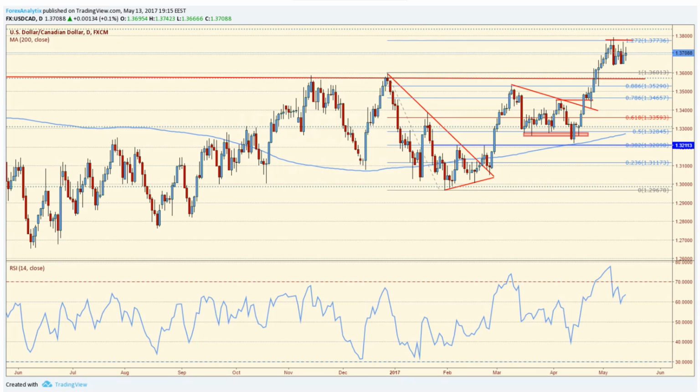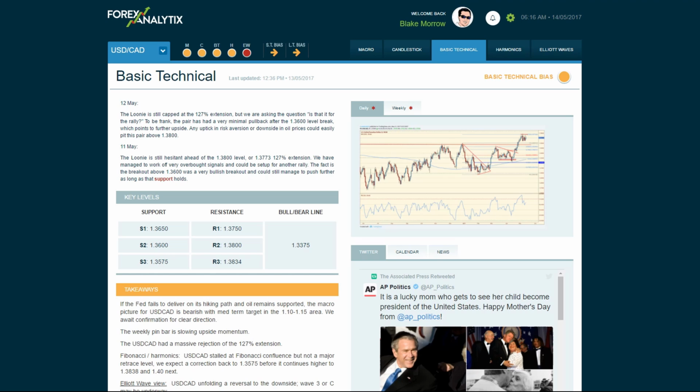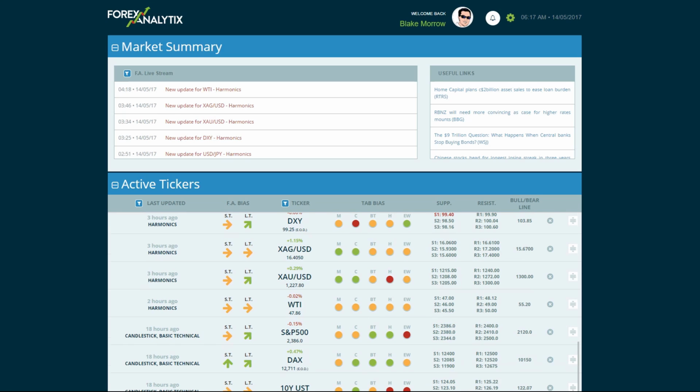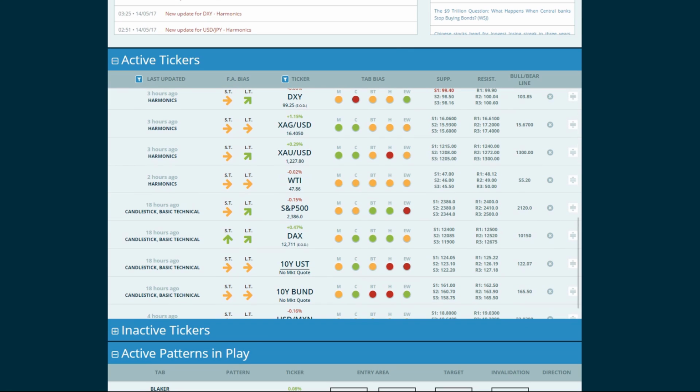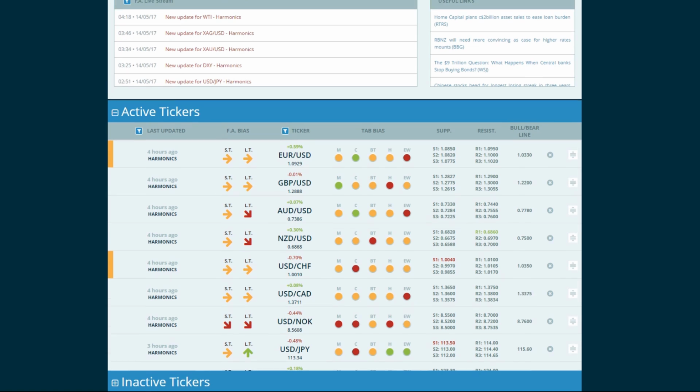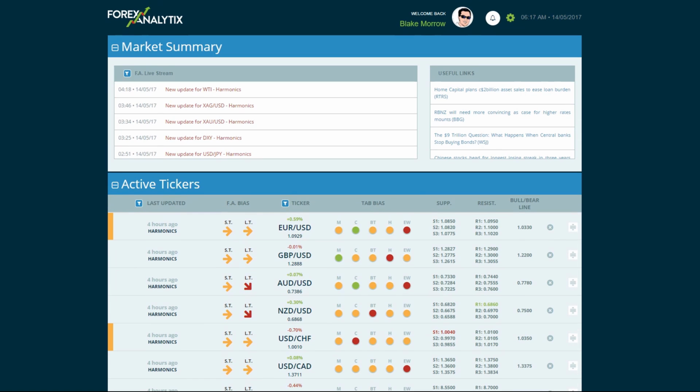So to wrap things up, let's focus on this week. Let's focus on the bond market, and let's pay really close attention to what's happening in the bond market early on in the week. See how it affects the dollar index, and watch closely the yen pairs and the S&P. I think those are the things to watch this week.